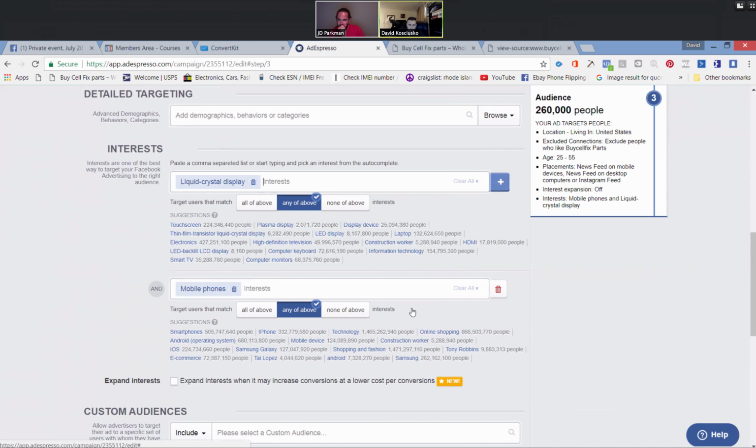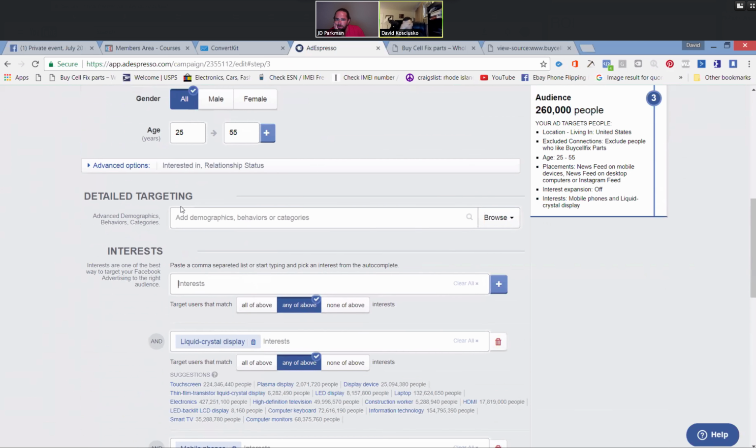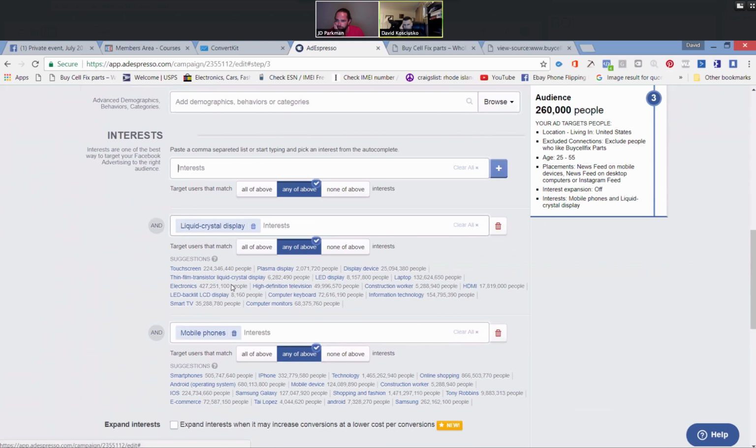Let's see if we can expand that a little bit here, because this is not really what I'm looking for. iPhone, mobile phones, people that are, what if one of the interests had to be people that are interested in iPhones, right? iPhones, liquid crystal display, and then something where we can dial in. Let's see what else we can get here. Trying some initial ideas. We could even take out,